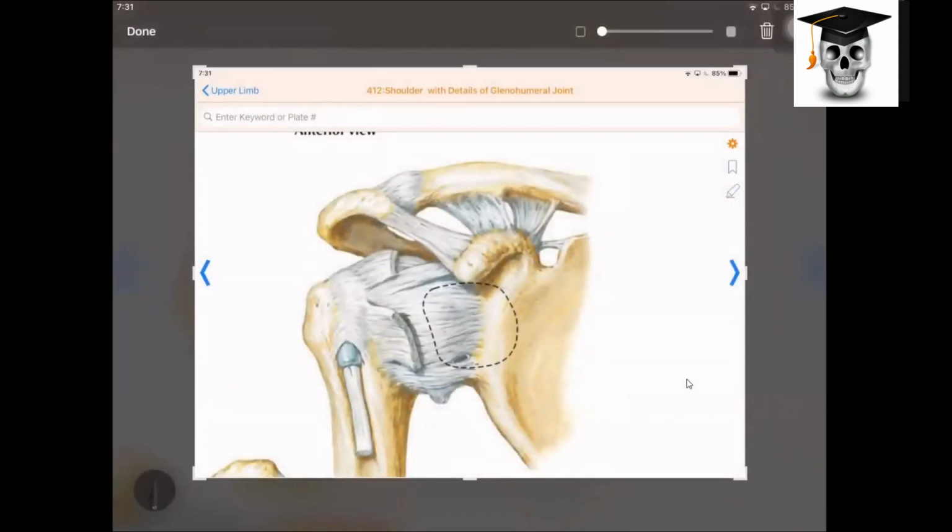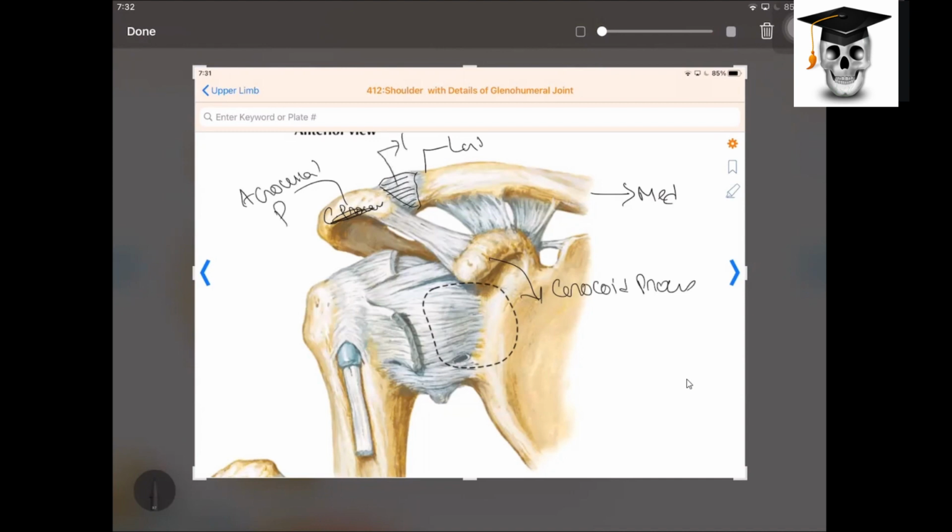Now you see, this is your medial end of the clavicle, cut end. This is the lateral end. This is the capsule of the acromioclavicular joint. Can you see this is the coracoid process? Here, the acromial end is not seen. That is why we are only seeing the joint here. Actually you can see, this is your acromial process. Here is the coracoid process. Now you can see between them the joint, the fibrous capsule which is forming a joint. This is your acromioclavicular joint.